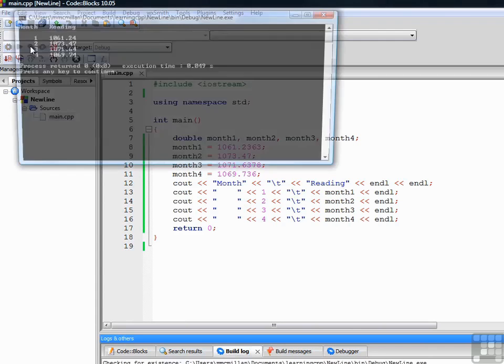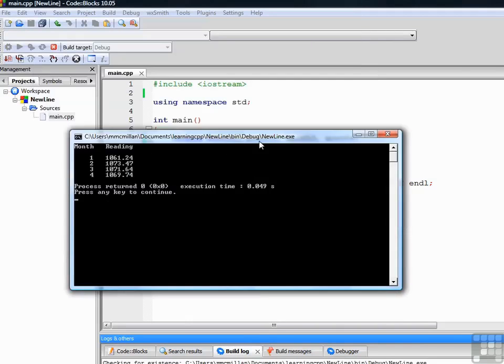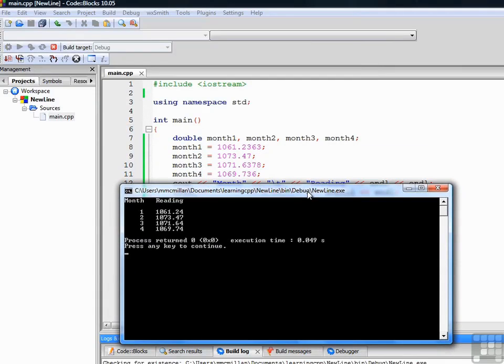Let's build and run the program to see what we get. Pull this down where you can see it a little bit better underneath the numbers. Notice that the data is displayed in a rounded off fashion. That's a problem with the cout statement in that it only allows 6-digit precision as a default. So in other words, look at month 1. It has 8 digits, including 4 digits after the decimal place,